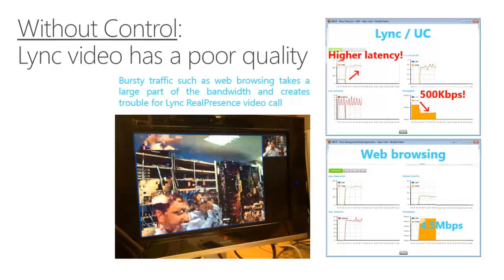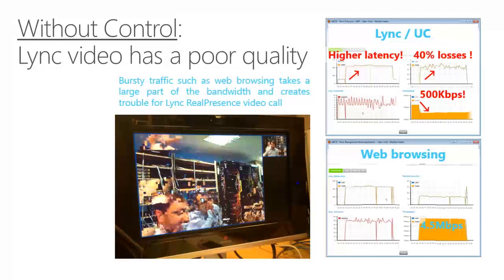Here we can see, without a system deployed, it's quite easy to experience poor video quality. This is a lab test we did using Lync and some Polycom equipment, and we just set up 2 stations. They were physically right next to each other, just connected via a wide area network connection. We ran a video conference, and we can see some interesting things here. When the video conference was the only thing running on the network, performance was fantastic. It got the full 2 megs that it needed. Everything worked wonderfully. You could talk and respond exactly as you would expect.